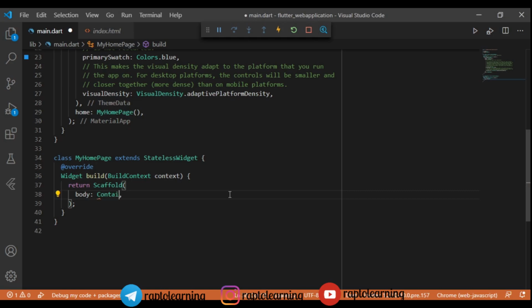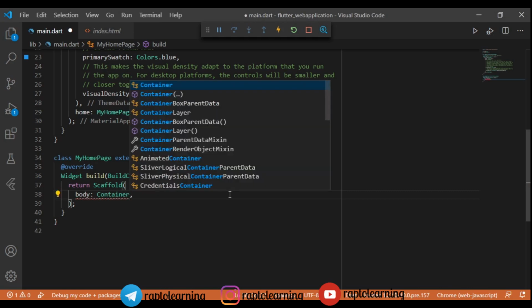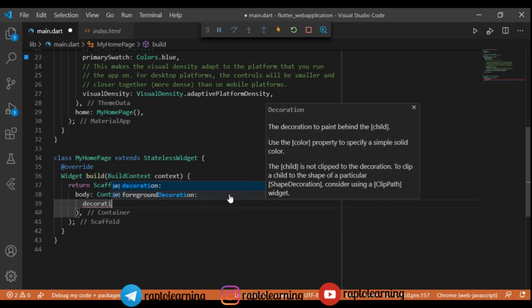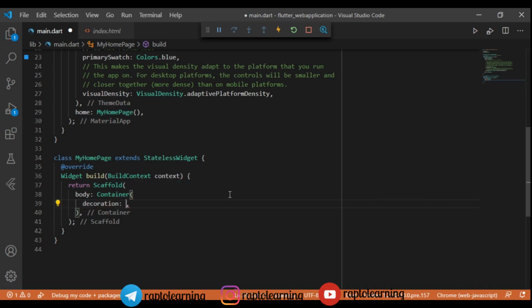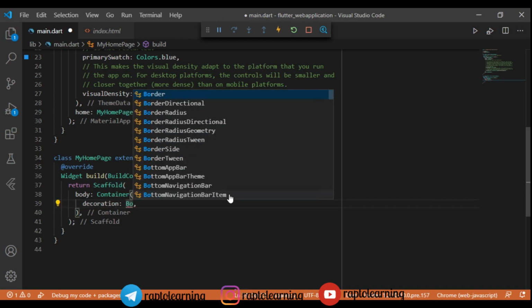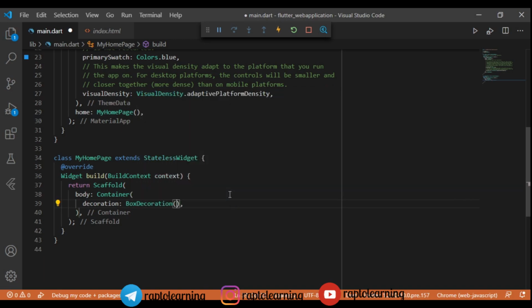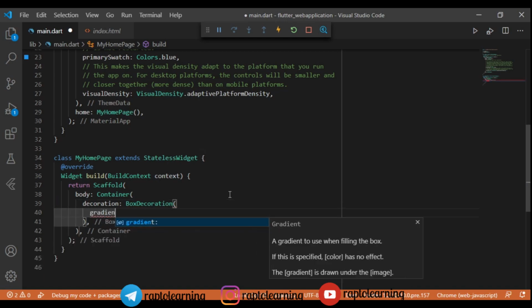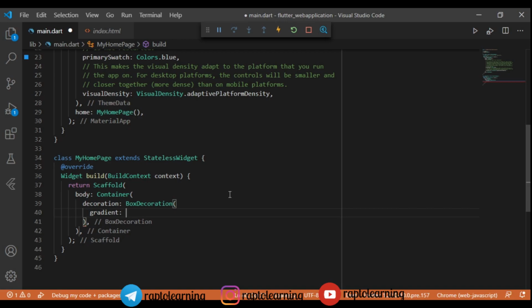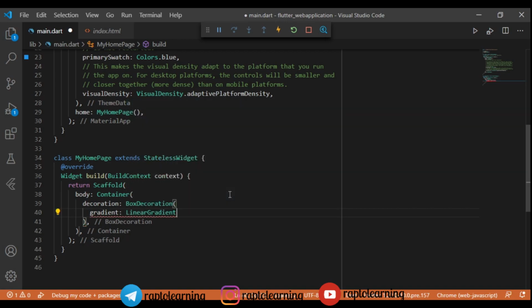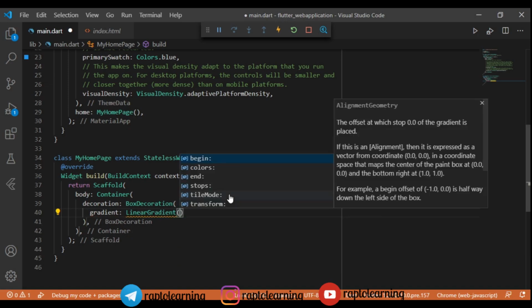Our app contains one navigation bar and one layout, that is, one image and also some text. So we will give a container in our body. Basically a container provides us the decoration and all this stuff. First we will add a background color to our web app. We will add a box decoration with some awesome gradient colors, so that, as you can see, the bluish effect is because of this gradient color.